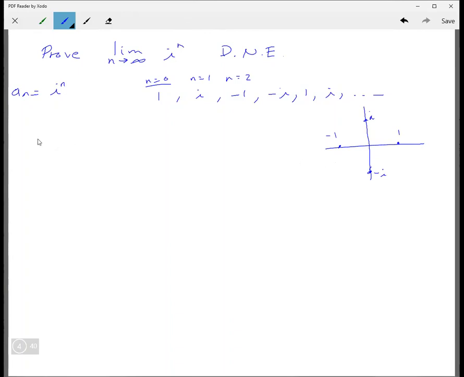So you have to show that, so let's do this. Let's let L, so this is what the proof would look like. Proof. Let L be a complex number, any complex number. I don't care what, any complex number. And we'll show that the limit is not going to be L. So here, what you can do is you can choose epsilon to be, if you look at these points, they're all,